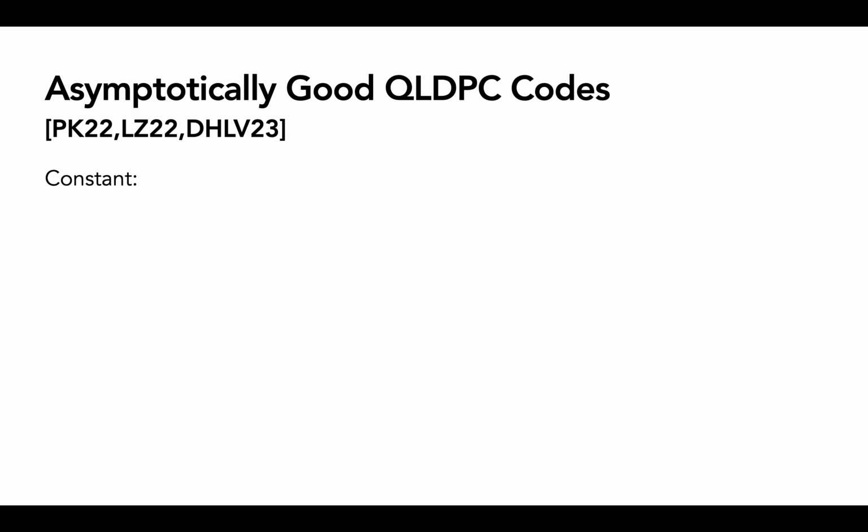And what I mean by asymptotically good here is that these codes have constant rate R, which is the ratio of the number of message qubits to physical qubits. So there's only a constant factor overhead in the additional space we need to encode the message qubits. Constant relative distance, so these codes can withstand an error rate that corrupts a constant fraction of the physical qubits, and constant locality L, so each stabilizer measurement only touches a constant number of qubits in the code.